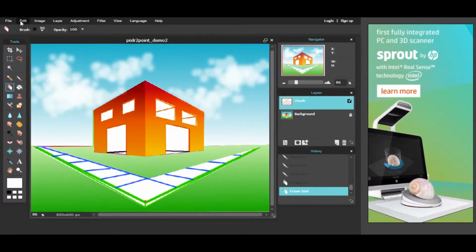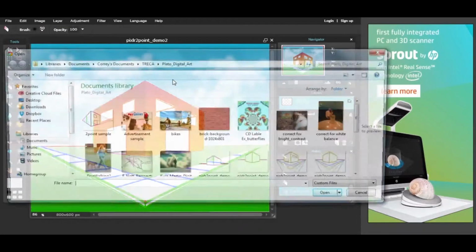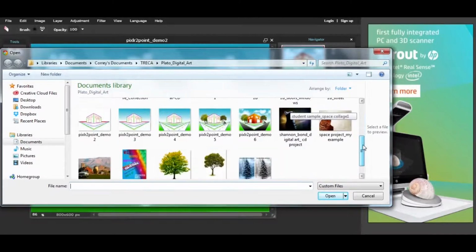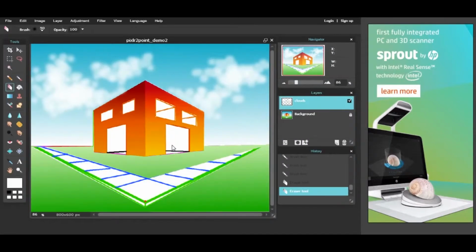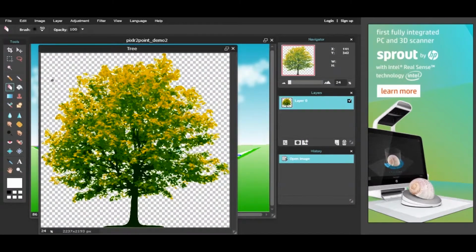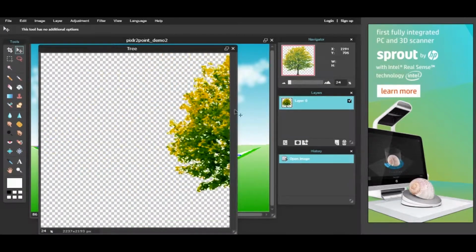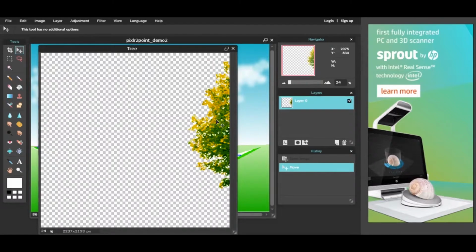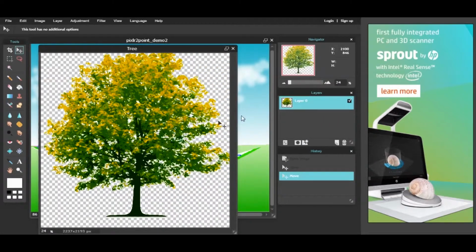And then lastly, let's go to open, and I'll show you how to pop an image in. I was lucky enough to find this tree because it's already on a clear background, so I didn't have to cut it out. So let's see if I can just move that over. Oops. I don't know if, hold on. Let me just go